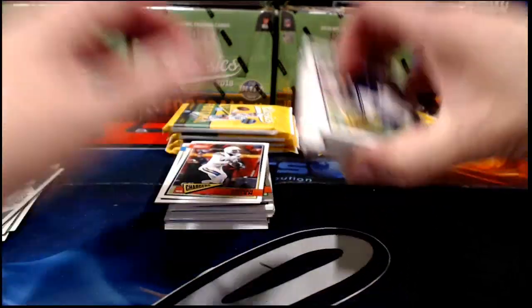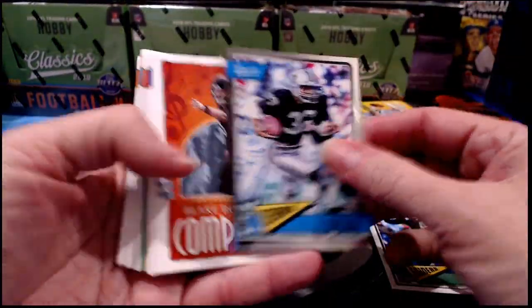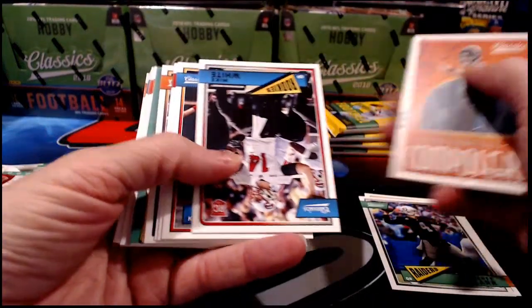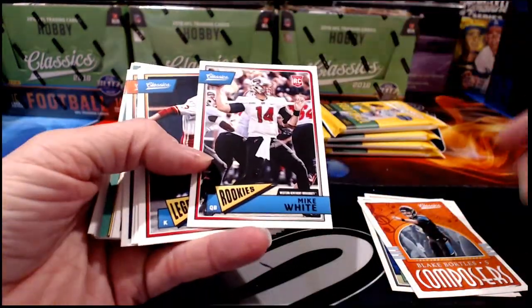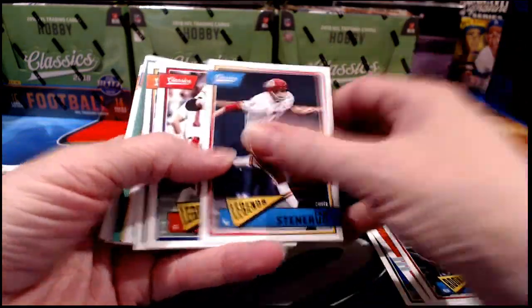All right, I don't want to open any more wrappers. I want to look and see what we have. Then we'll open some more wrappers. I only have a certain amount of time that I can delay my gratification, and then I need to start looking at some cards. So,